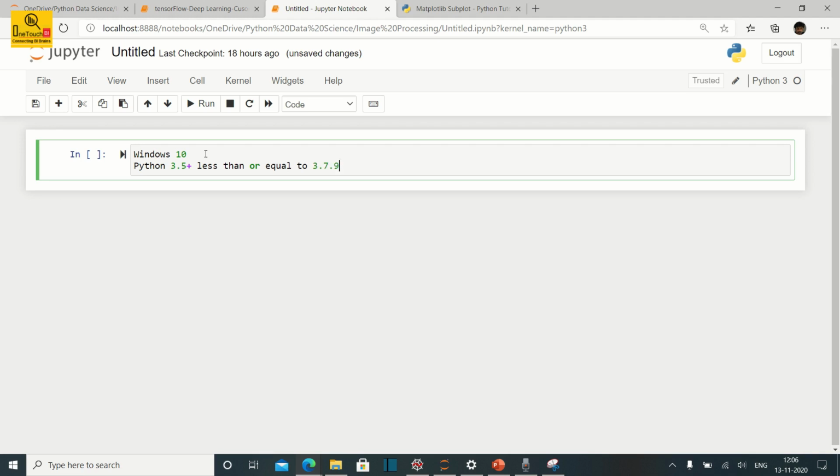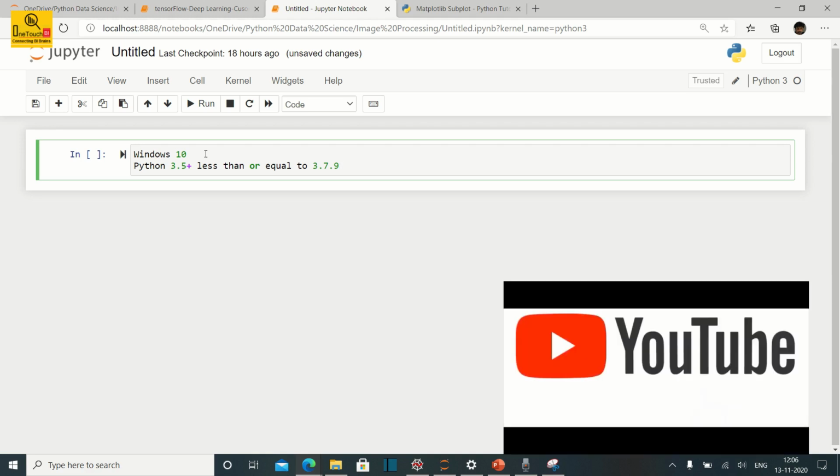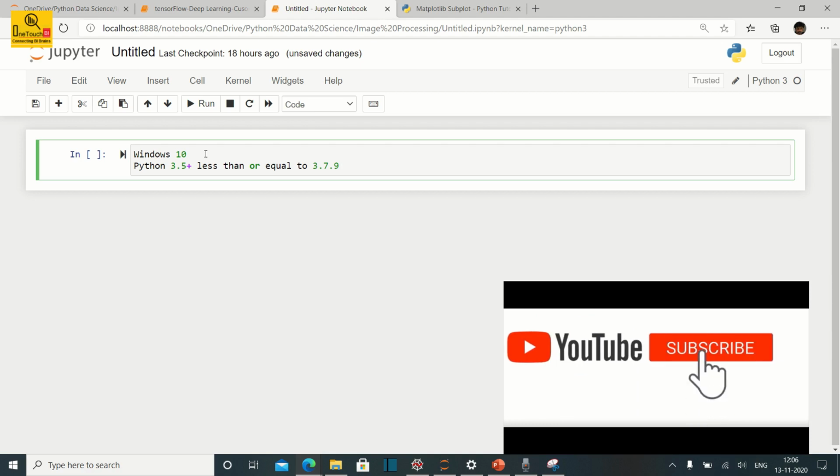I will give you the reason why you need to be under the 3.7.9 version, because anything that goes beyond 3.7.9, your Keras and TensorFlow package is not going to be installed in Windows, and with that restriction we have to make sure that your Python version is